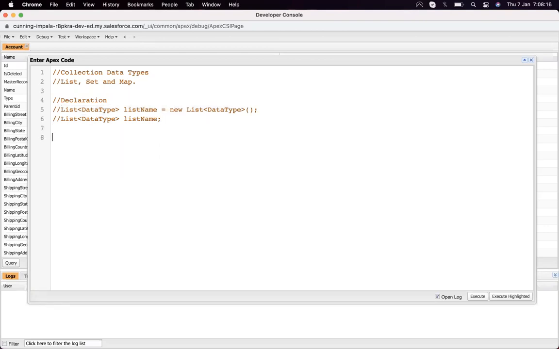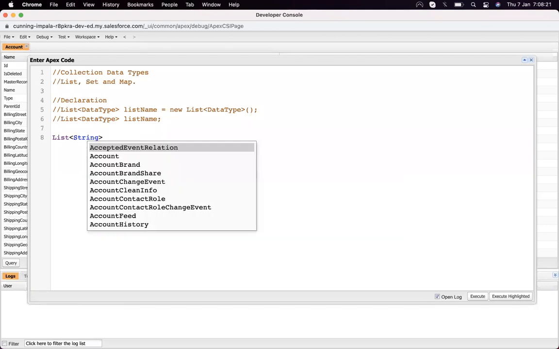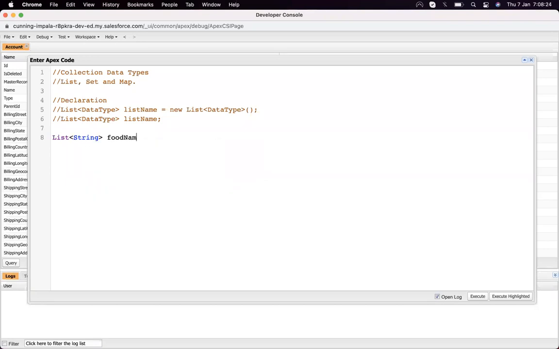Suppose I'm going to create a list of strings that contains food names. Now how do we add elements in a list? In order to add an element in a list, we just write the list name dot add, put the brackets, and in the brackets add the food name, like pasta.